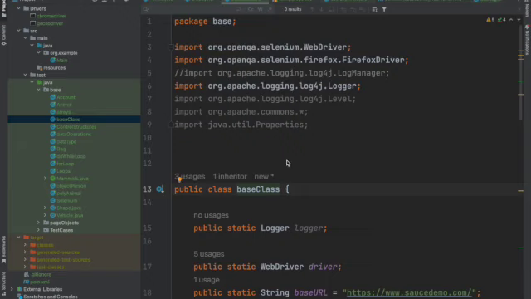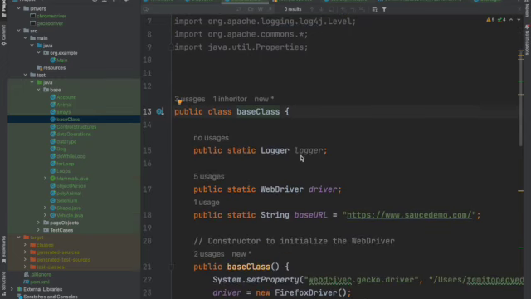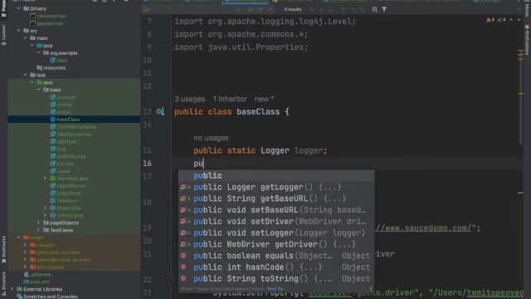Going back to my config properties to be able to also use config. I've already declared my logger. I can also declare my config file such that I'll be able to read all the configurations inside config.properties. So what I will do, in my base class here, is create a config to read the data from inside my config file. I will initialize it inside this base class. So I will say maybe public static,